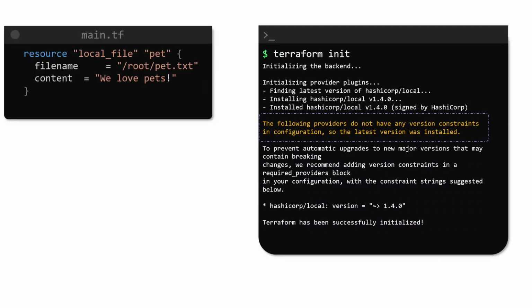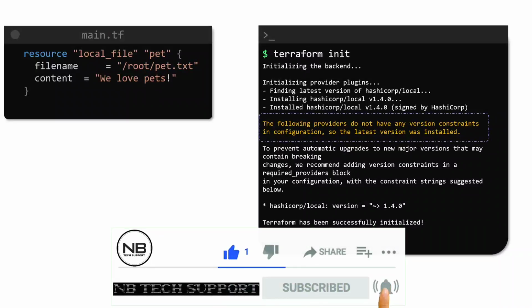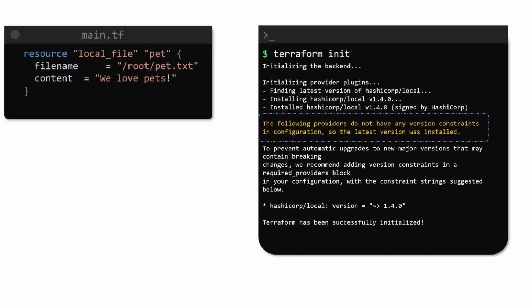However, this is not something that we may desire every time. The functionality of a provider plugin may vary drastically from one version to another. Our Terraform configuration may not work as expected when using a version different than the one it was written in. Fortunately, we can make sure that a specific version of the provider is used by Terraform when we run the